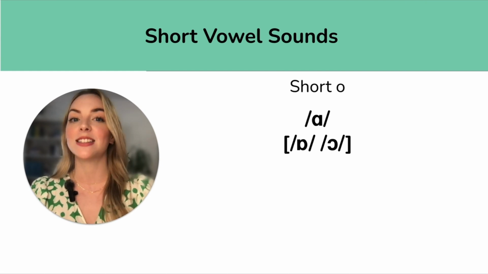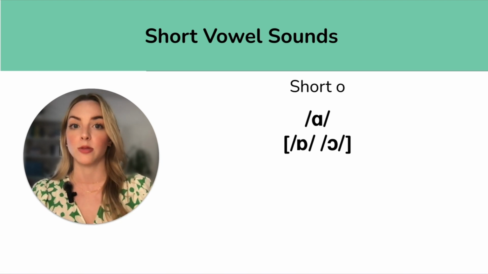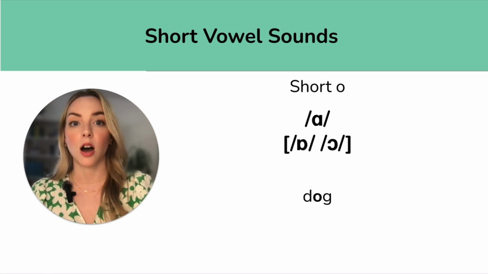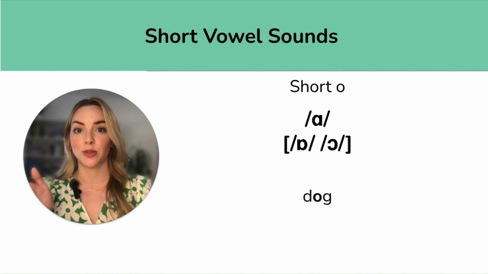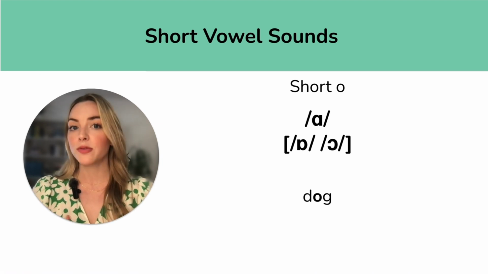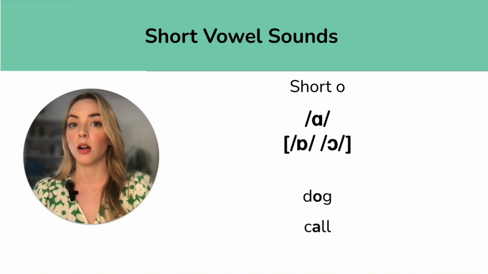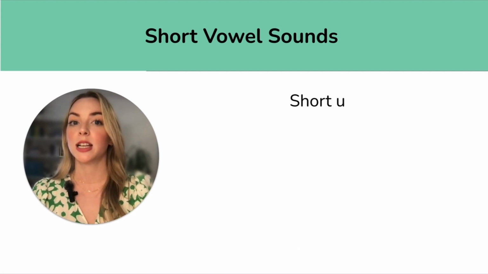But if you do see these, know that in American English, we would pronounce it as this short O sound, like in the word dog. Even though it's short O, in words with consonant-O-consonant, it takes this sound. This sound is often used with the letter A, actually, like in the word call, or father. Okay, our last short vowel sound is short U,